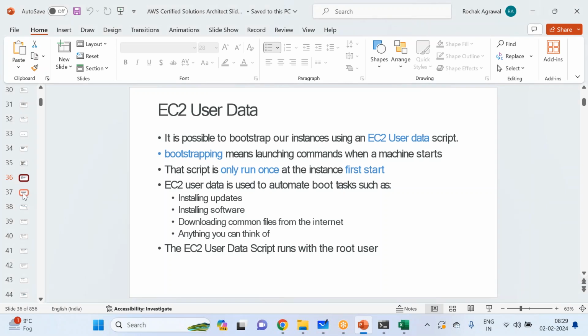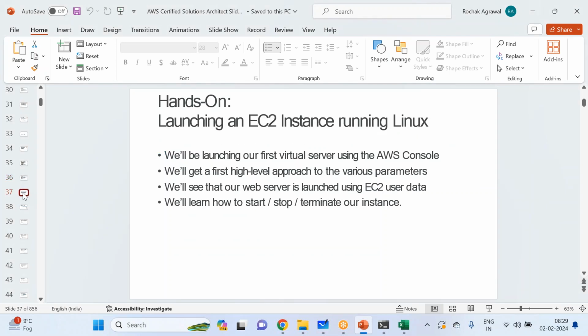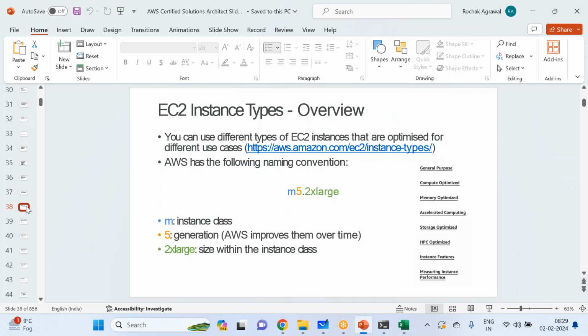Right now, we launch our virtual server using the console with various parameters. Okay, so we have seen how to start, stop, and terminate our instance, and the web server is launched using the EC2 user data. Now there is a very important point as well,